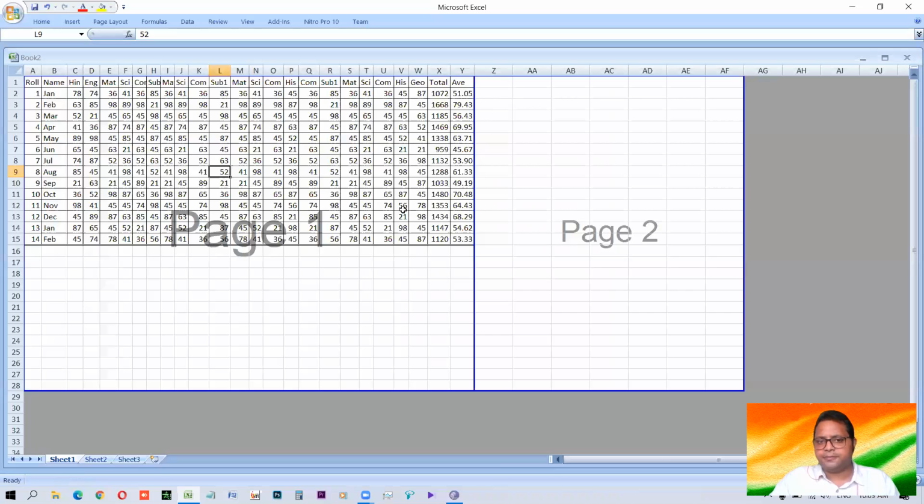Why I'm teaching you this? This is very important. This is one thing that most of the Excel users don't know, and due to which they usually have to waste the pages. एक दो कॉलम के लिए उन्हें पेज बर्बाद करना पड़ता है. Why? Because they do not know how to adjust the things in one single page. तो इस तरह से आप पेज का सही इस्तेमाल करने सीख रहे हैं, इको फ्रेंडली बनेंगे, पेज वेस्ट नहीं होगा